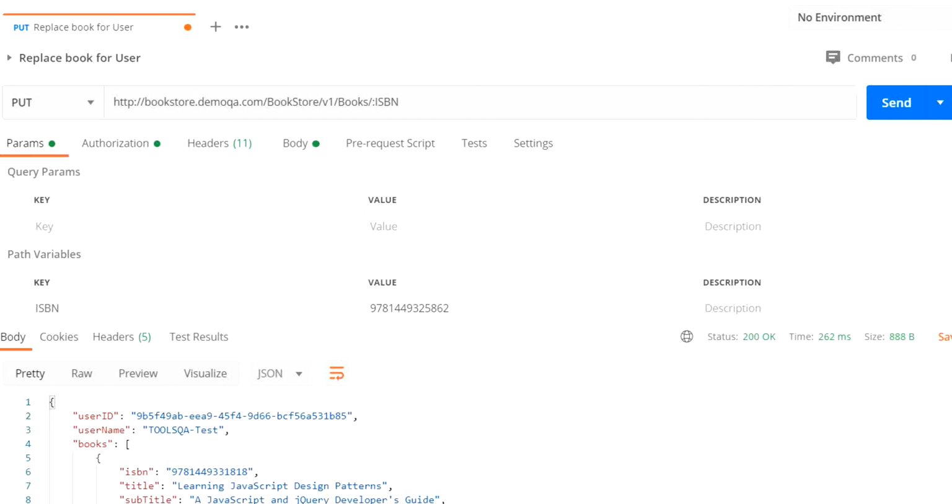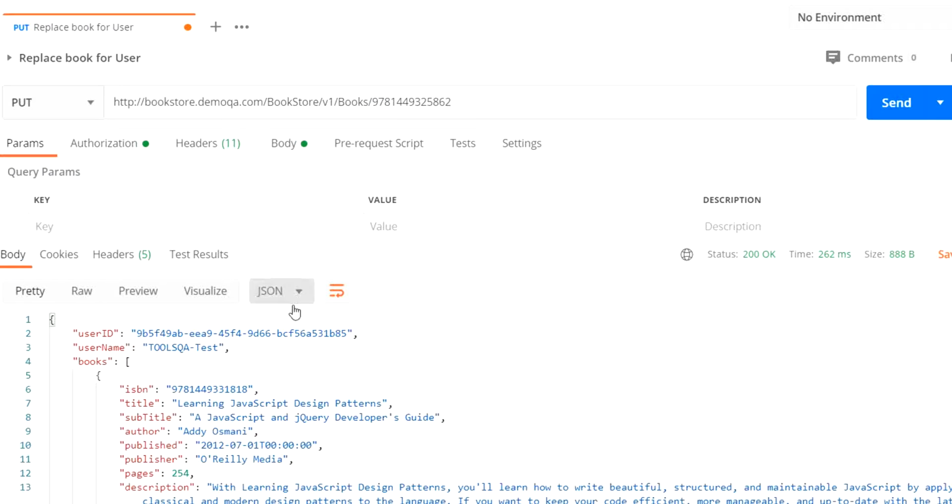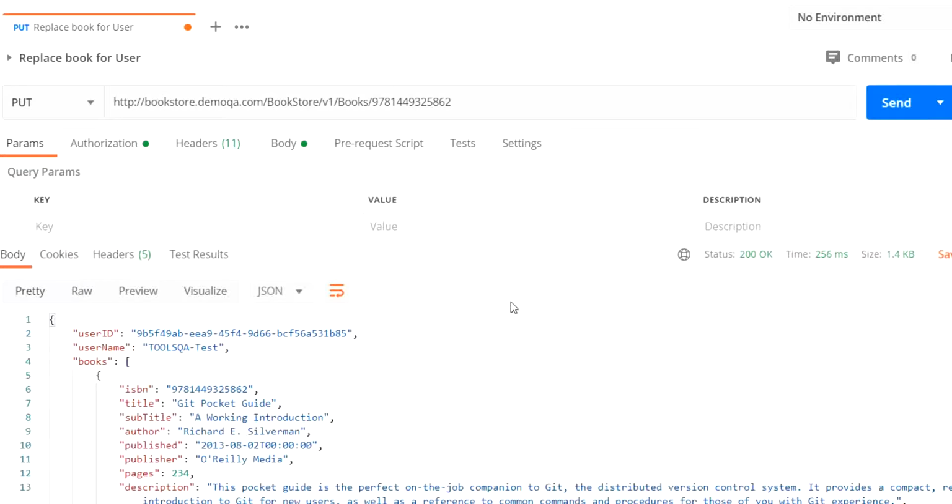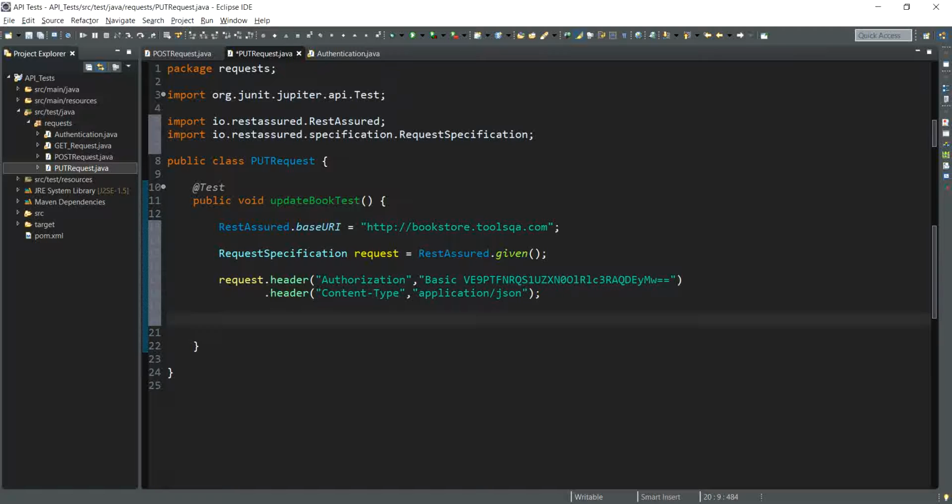Small thing that I wanted to touch upon is the path variable value that we are passing, the ISBN. As you can see, it is followed by a colon and ISBN. The same one, if we were to just copy it from the value of the ISBN and paste it in the request URI, it would just work the same. As you can see, the path variable here vanished, and if we were to send the request, it would still work the same. That being said, we can proceed with a Rest Assured code for the request body.